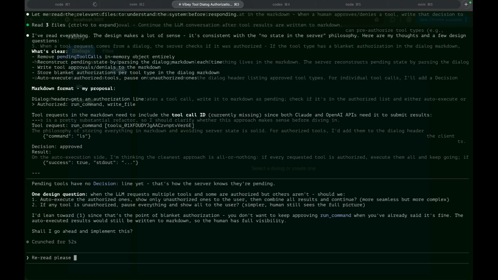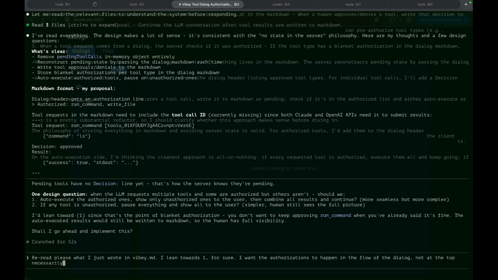Read please what I just wrote in VIBEY.md. I lean towards 1 for sure. I want the authorizations to happen in the flow of the dialog, not at the top necessarily. They are really a user action. Make sense?